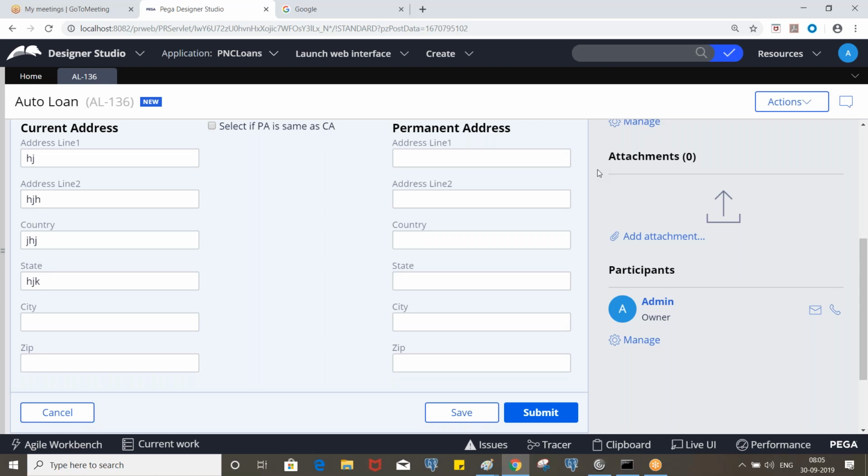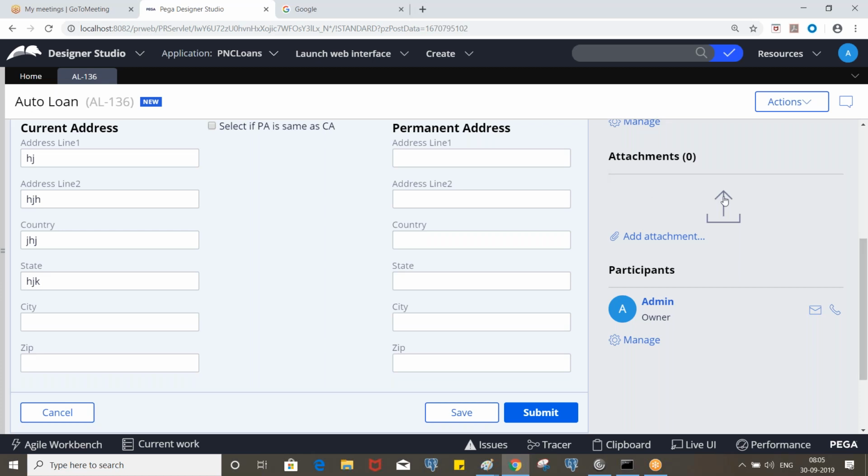Let's say I'm trying to fetch a single record from the database to the clipboard. For that, you will write Obj-Open and pass the class and key. If you save it, it will be saved. When you execute it, if the data is not available in the database, only then will it throw an error. That is the runtime error. So to check the runtime process and see the execution step by step, we go for the tracer. Without the tracer, we cannot do anything.